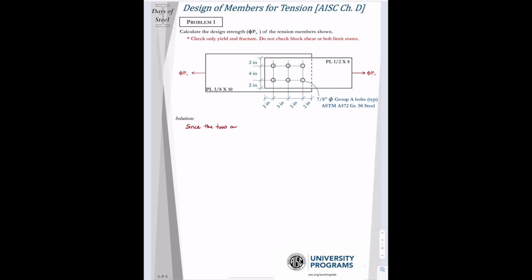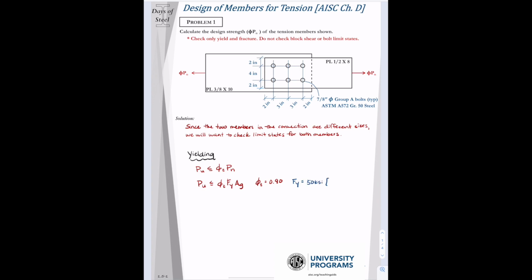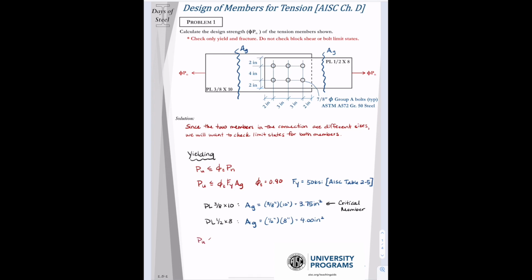So I understand how to do the yielding since there are two members. We need to check both of them. Check the LRFD, recalling that phi tension yielding is equal to 0.90 and Fy is equal to 50 ksi for an ASTM A572 grade 50 steel. We just need to figure out which member has the lower gross area. If we do a quick calculation, it shows that the PL 3/8 by 10 member would control, leading to a Vn of